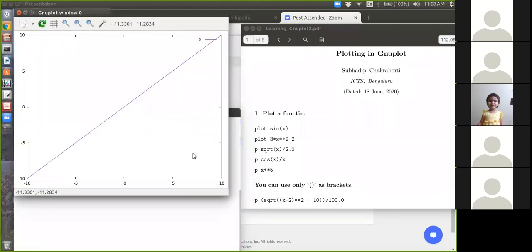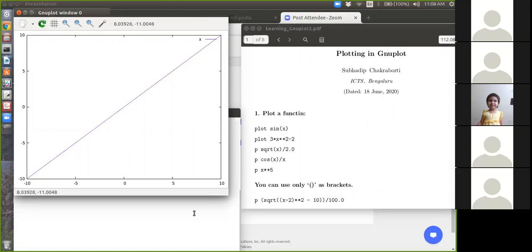You will get a plot with the y-axis and the x-axis. y is equal to x is a simple straight line, and there is a legend showing what this plot is. It is x, represented by a line with magenta color. You can rearrange everything; I will show one by one.